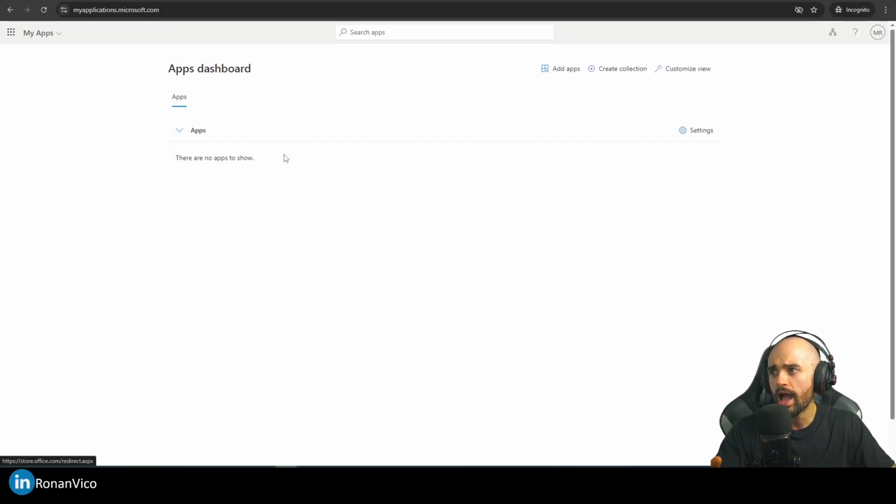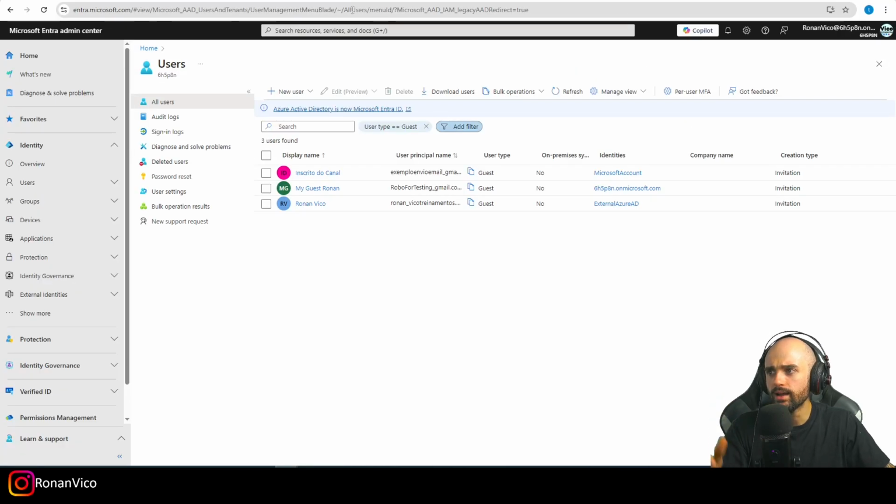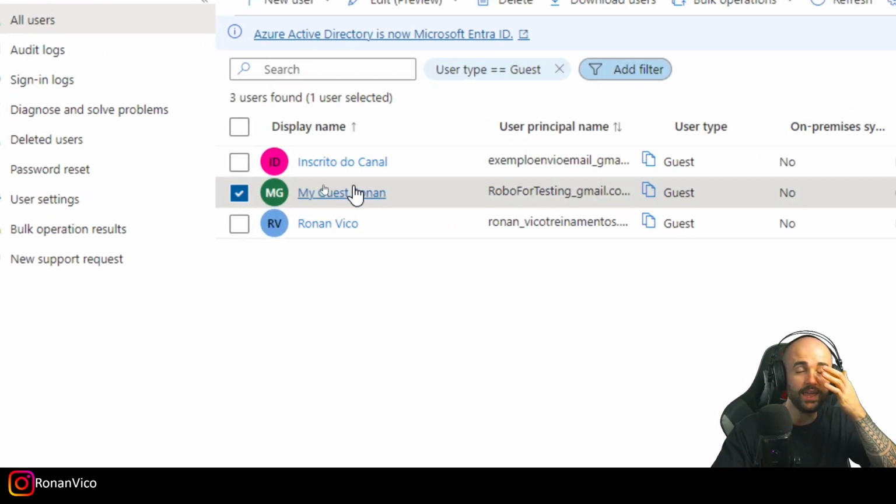So we have two issues here. We don't have any license for that account because it's a Gmail. That's not an account from another company, right? It's a Gmail with no license of Microsoft, no business basic, enterprise. So I need to give access to one license of my company. I can do it. So going back here, I can assign a license to this user if I have a license,